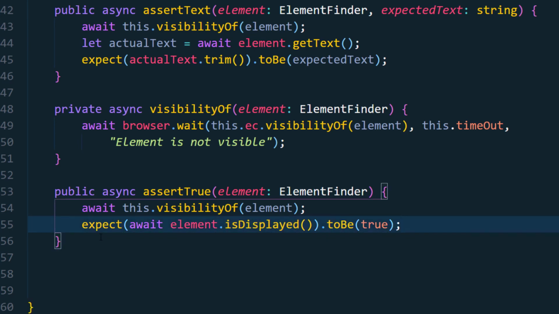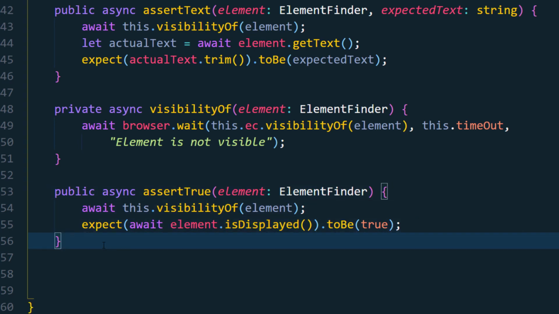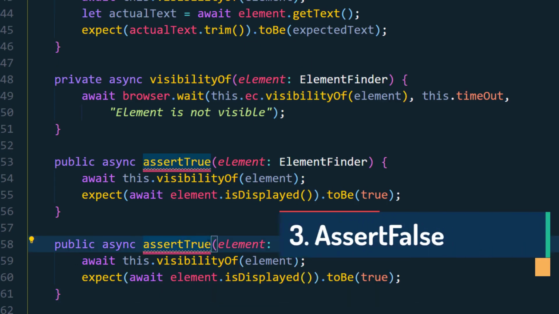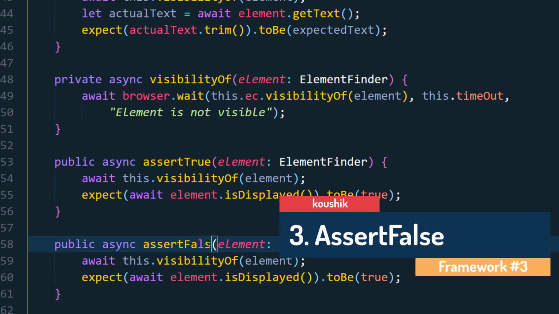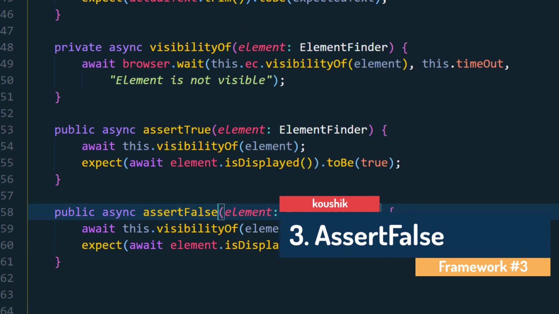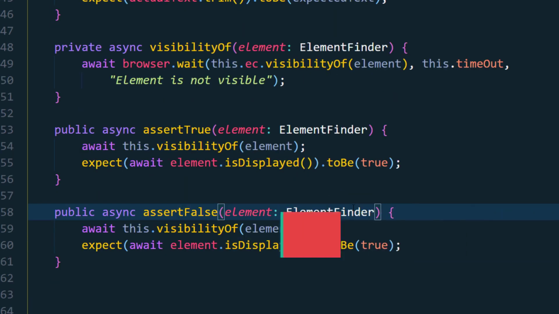That's it, cool. Now we are going to write the same function, so copy and paste over here, and instead of assert true I'm going to make this assert false. Why? Because sometimes we have to validate that a particular element is not there, right? For example, we have a table. When we search something, we should not get any result if the value is wrong. In that case the first row should not be displayed, right? So in that case we can use it maybe, or some other good options I will show you when we write a few scripts in a different application. Okay, and here it should be false.